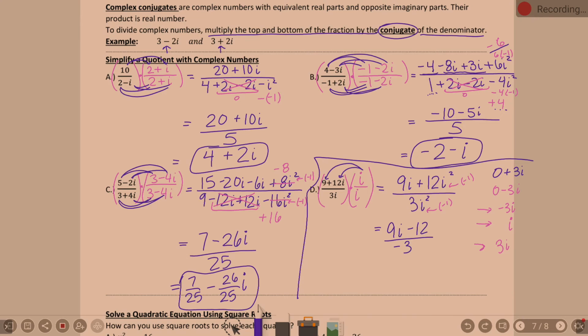And can we clean this up now? Yeah, we can divide that. Both pieces divide by 3. More specifically, negative 3 here. 9i divided by negative 3 is going to be, 9 divided by negative 3 is negative 3, and then the i. What's minus 12 divided by negative 3? Plus 4. To put it in our complex form of a plus bi, I would reverse it and say 4 minus